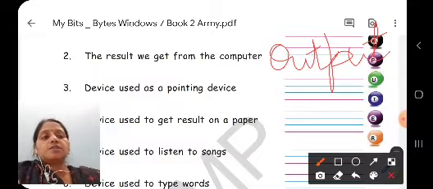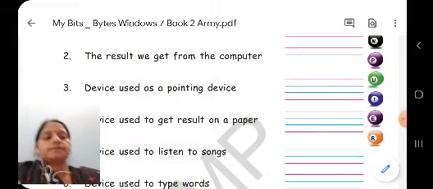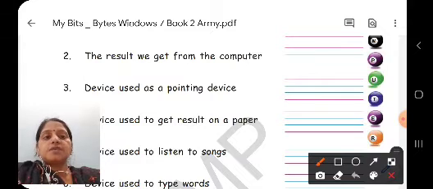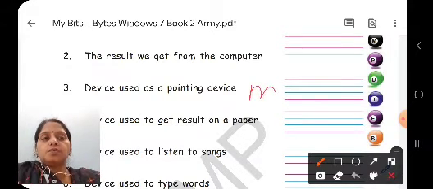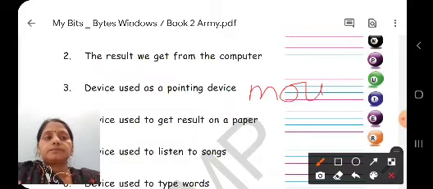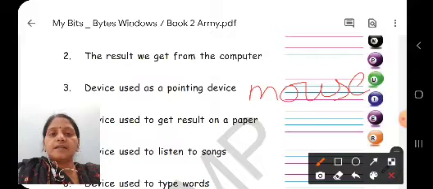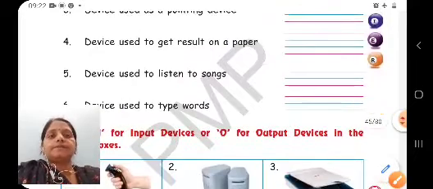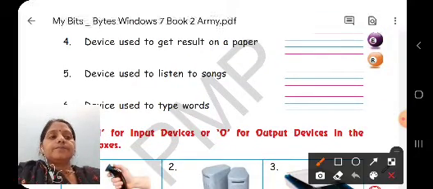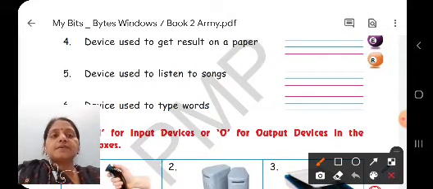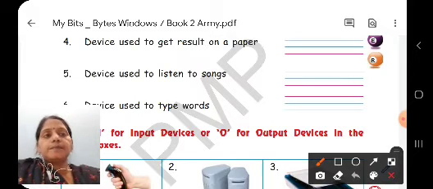Then next one, children, device used as a pointing device is called mouse. Then children, fourth one, device used to get result on paper is printer.